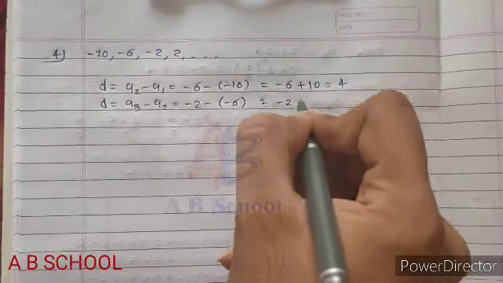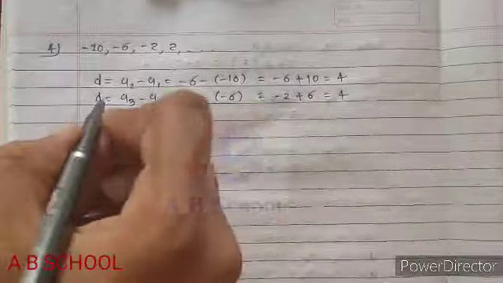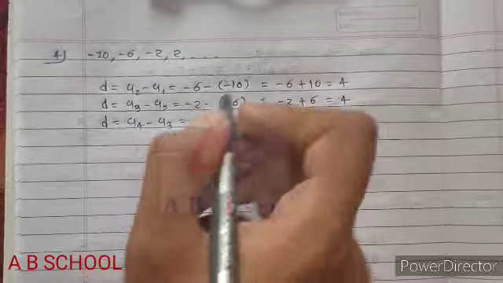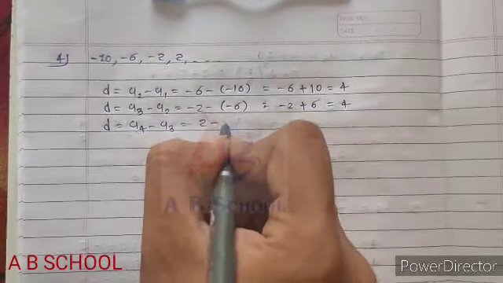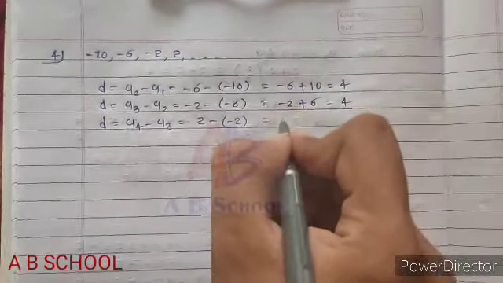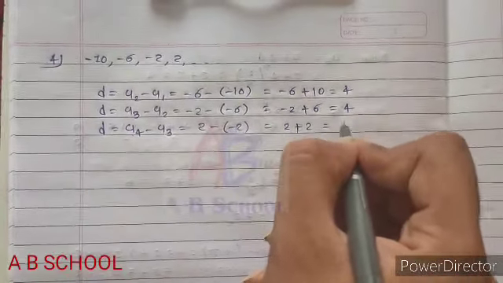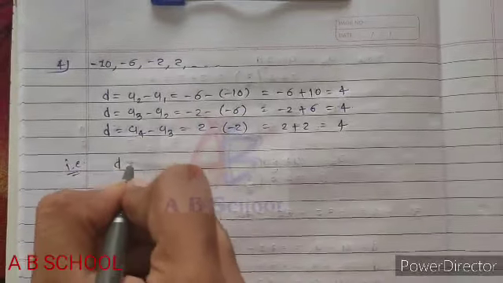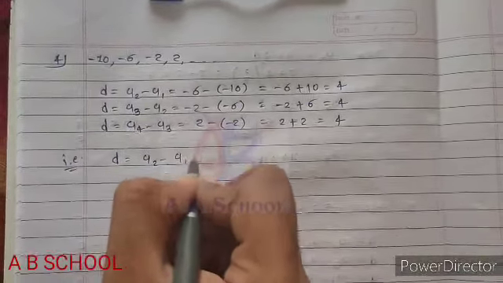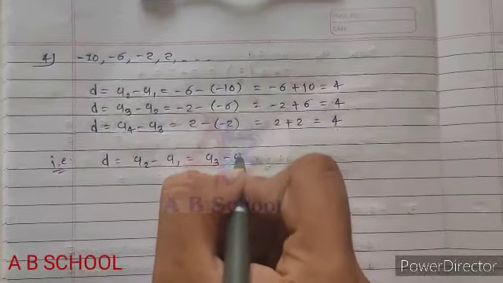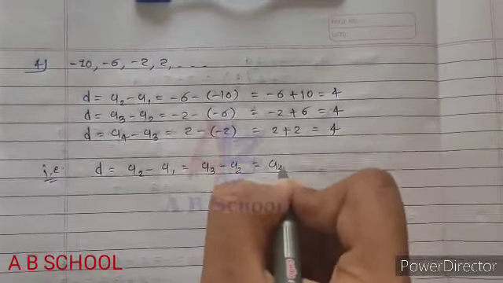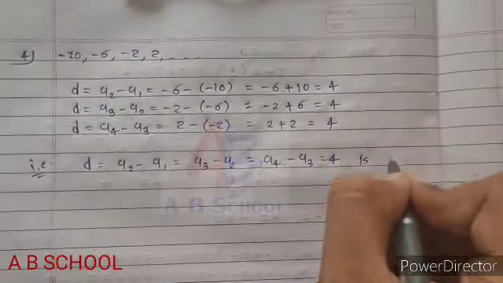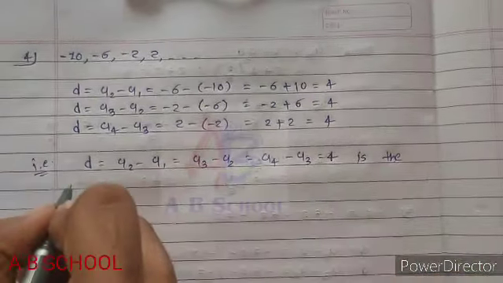So minus 2 plus 6 is equal to 4. D is equal to A4 minus A3. Value of A4 is equal to 2, minus A3 is equal to minus 2. So 2 plus 2 is equal to 4. That is, common difference D is equal to A2 minus A1 is equal to A3 minus A2 is equal to A4 minus A3 is equal to 4, the same